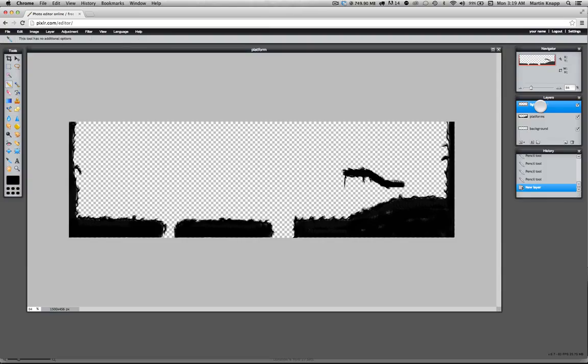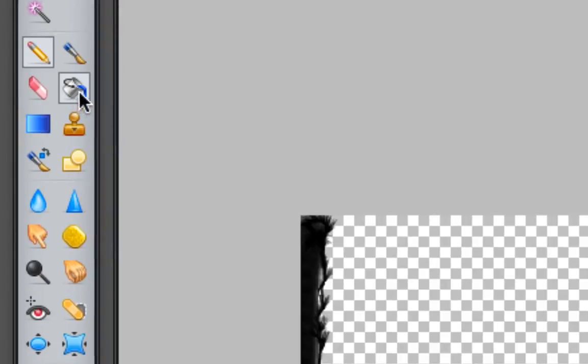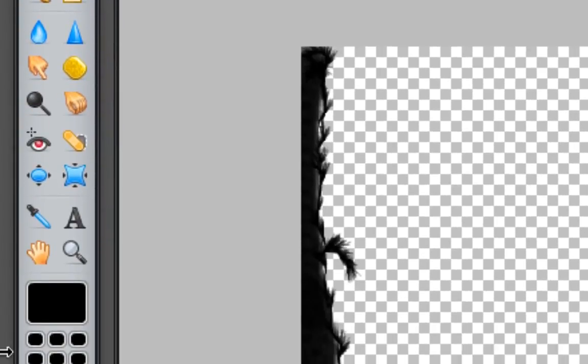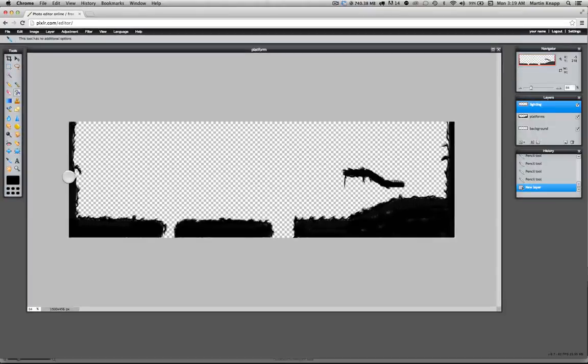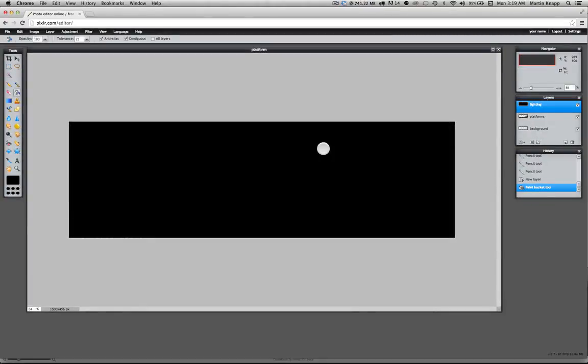So with the lighting layer selected, what I want to do is now move over to my paint bucket. I'll click on that. And we haven't needed to change color so far, but we just want to make sure that this is completely black. And with the lighting layer selected and the paint bucket selected, if I click inside the canvas, you can see that we've now filled the entire layer with black completely. Now, that doesn't do us a whole lot of good because now we can't actually see any of the platforms